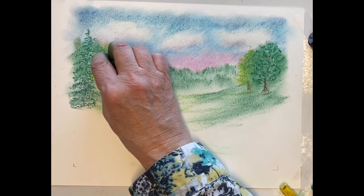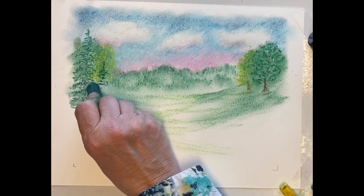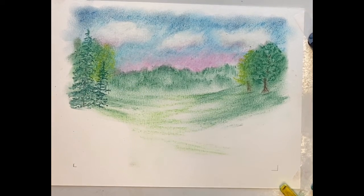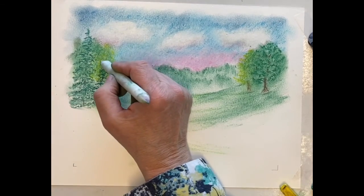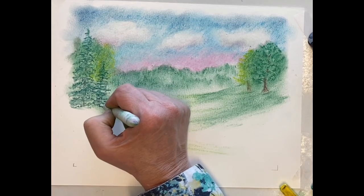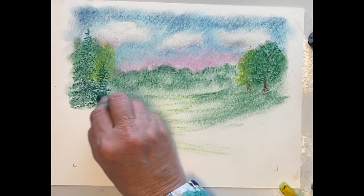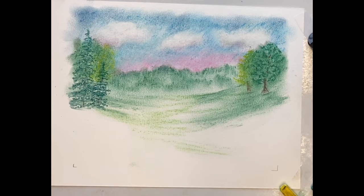Go in with my darker. Where's my brown? A little bit of trunk in there. Same thing. Back and forth. Maybe go back and add a few branches here and there. But another little top. All right. So we've got